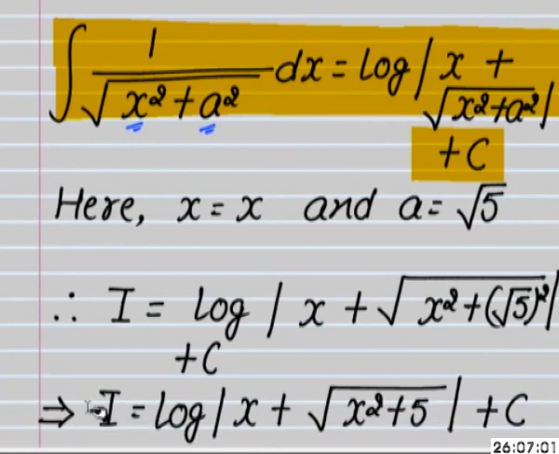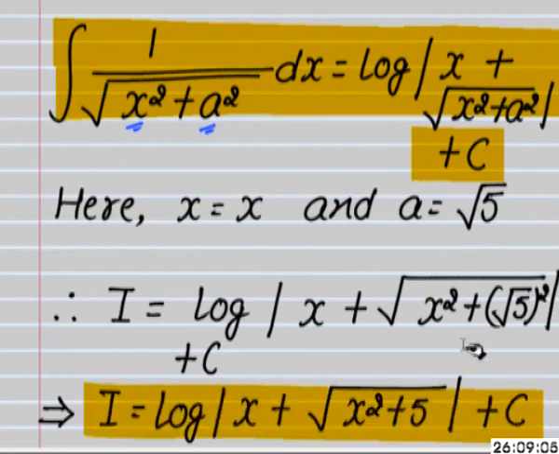Therefore, for the given example, I is equal to log of mod of x plus square root of x square plus 5 plus c, where